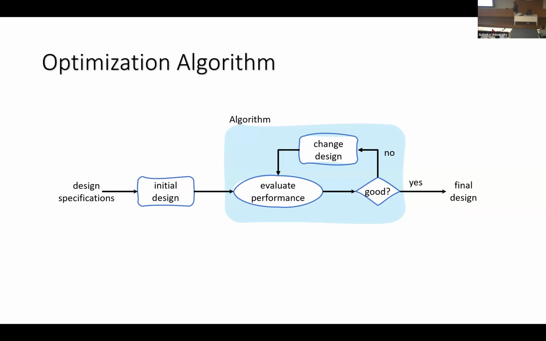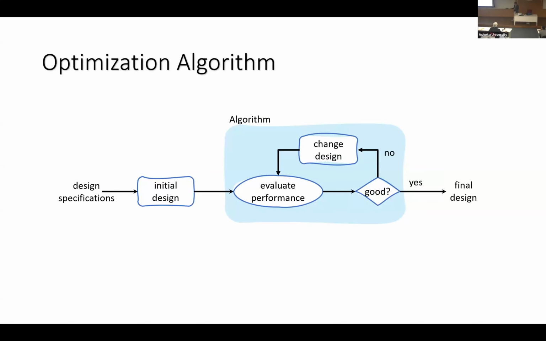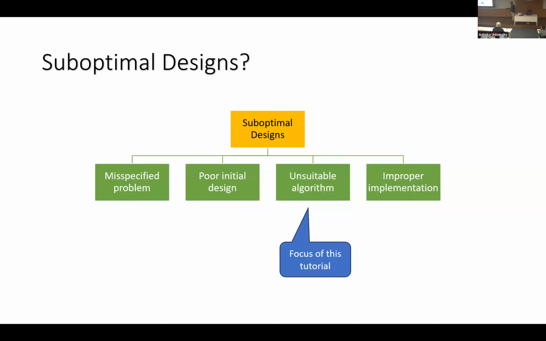And this is a very simple framework. You could make it complex also. You could add more steps here, but this is very simple for you to understand that this is how optimization will generally work. We'll not generally have the luxury of finding the optimal solution analytically and substituting. We'll always use this approach. Okay. And this flowchart shows us that if your design is not good, suppose it is suboptimal,